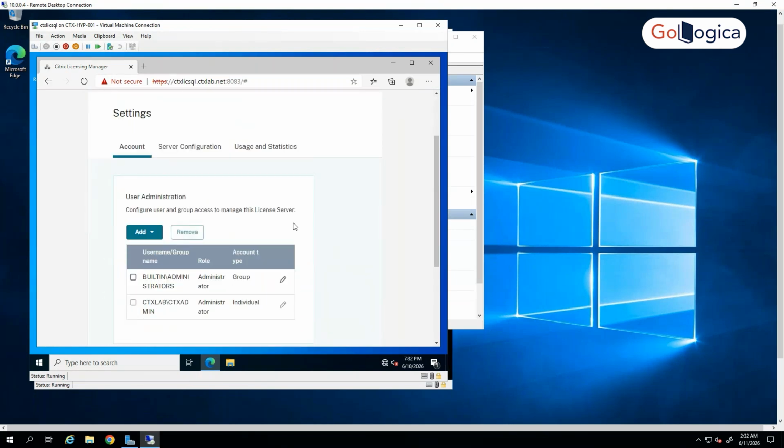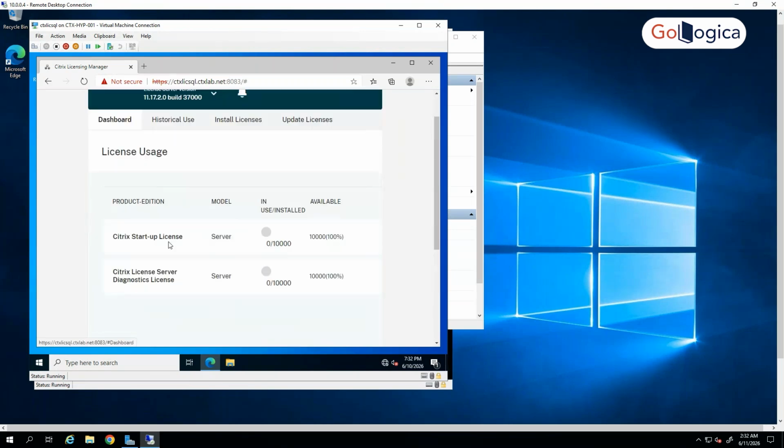Okay. Can you go back? Yeah. So what is this startup license and what is this license server diagnostic license? This is installed by default whenever you install this. The startup license is just to check in and check out the license sessions. Whenever Citrix assigns any license, one startup license is used basically to check in and check out the license. That means the license server is fine and is able to check in and check out licenses. This is installed by default on all license servers, but this is not